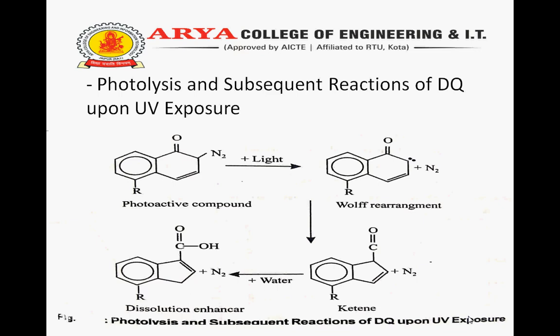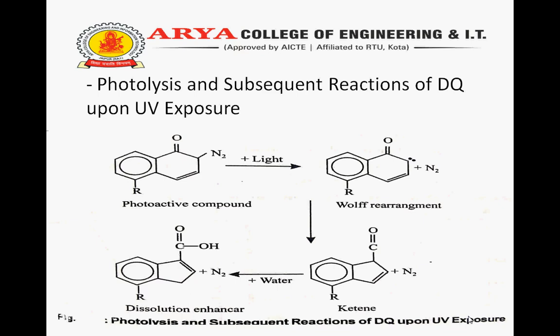In PAC, the nitrogen molecule N2 is weakly bonded. The addition of ultraviolet light will free the nitrogen molecules from the carbon ring, leaving behind a highly reactive carbon site. One way to stabilize this structure is to move one carbon outside the ring. The oxygen atom is then covalently bonded to this external carbon atom. This process is called the Wolff rearrangement.